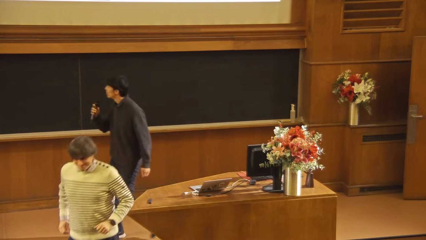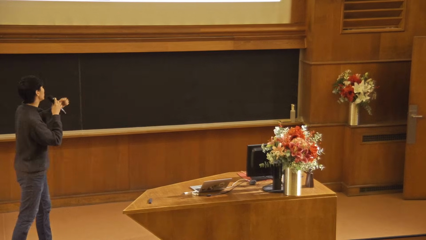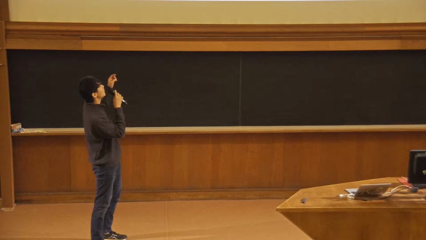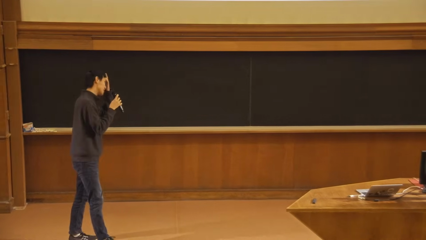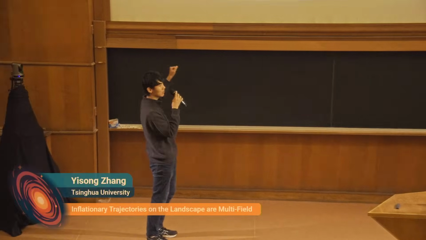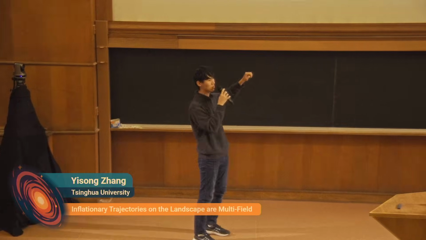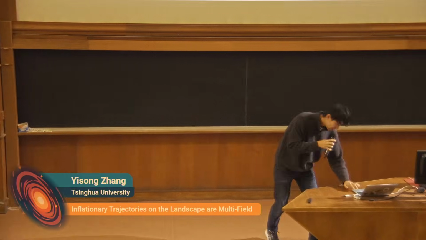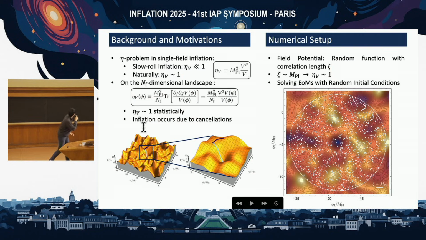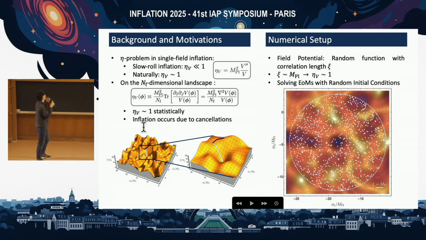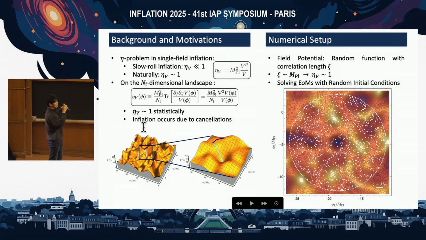Thank you. Good afternoon. My name is Yisong, and this project is about the physics of inflation trajectories on the landscape, which is under the instruction of Xingang Chen from Harvard, Luca from ENS, and Zhongzhi, who is my supervisor. This work is motivated by the so-called eta problem, which states that slow-roll inflation requires the value of eta_V of the inflation potential to be a small number. But the natural value of eta_V is of order 1, both from the EFT and the string theoretic perspective.